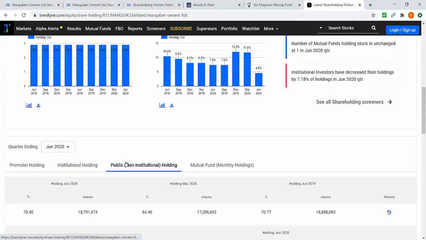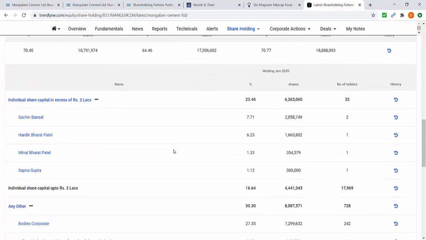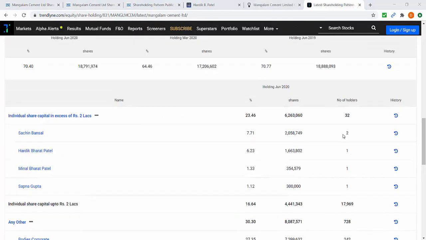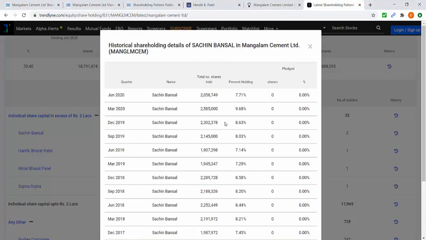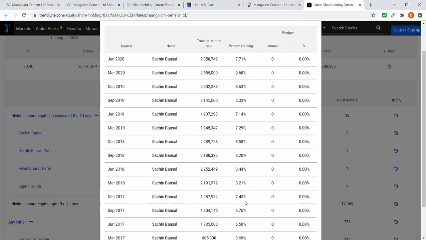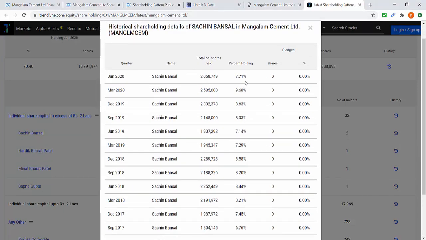Then you have public non-institutional holding, where you will see individuals holding more than 2 lakhs of nominal capital. Say suppose you want to know the history of Sachin Bansal, you just have to click on the history tab